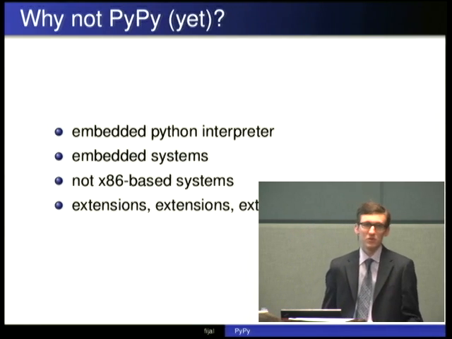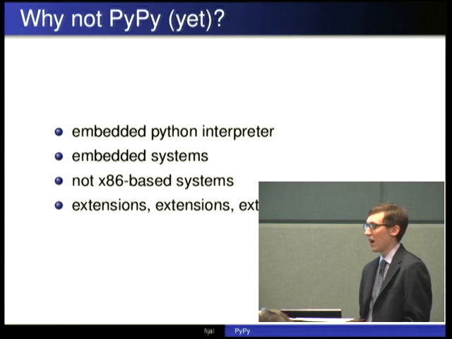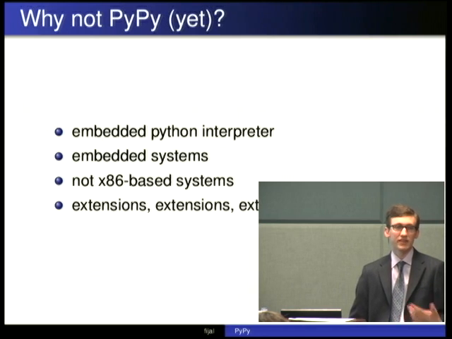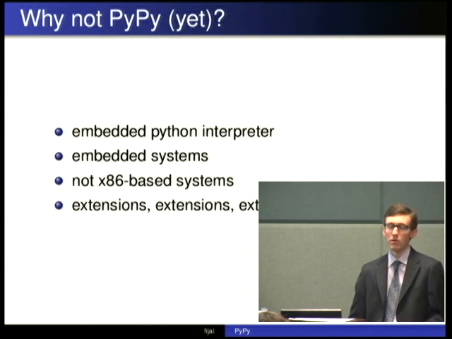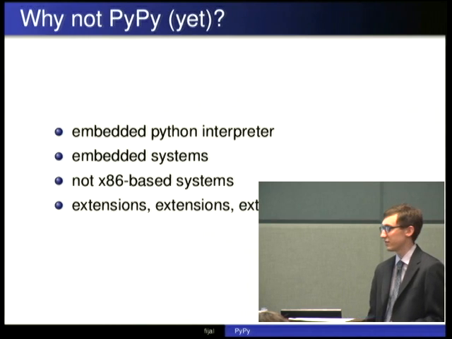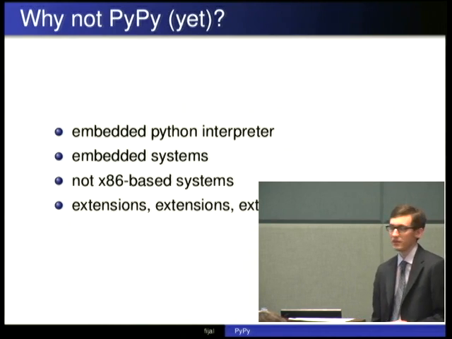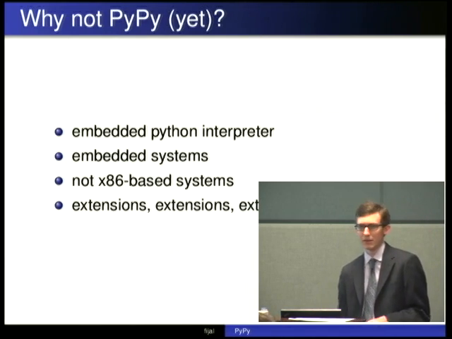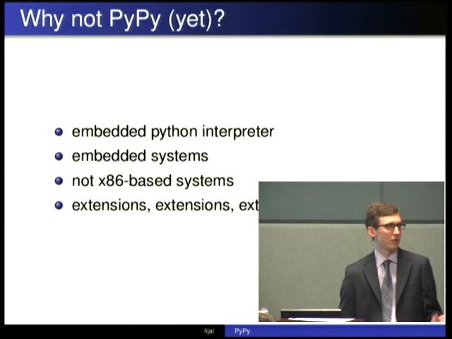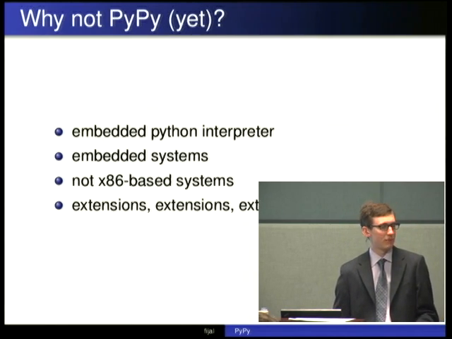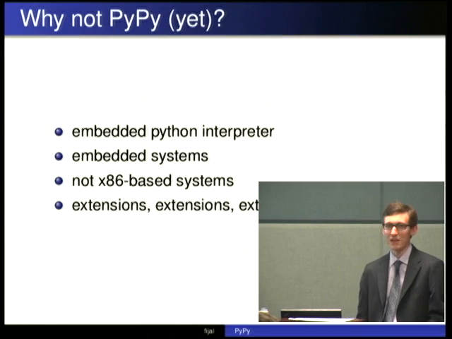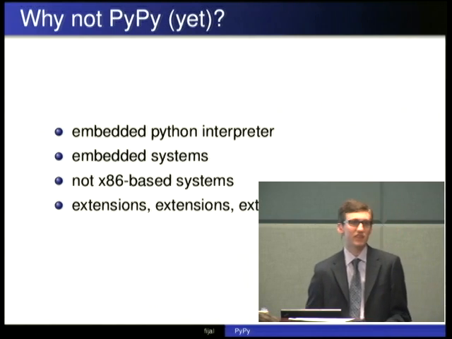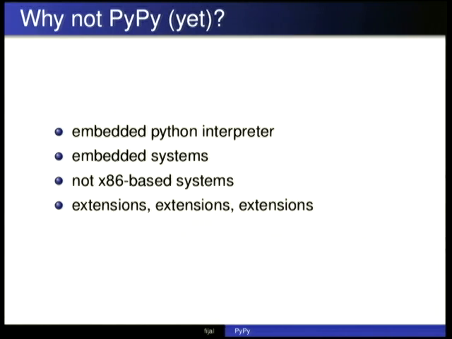So the flip side is, why not PyPy? Embedding Python in some other application, like a C application. We don't really have the APIs CPython has for this. Embedded platforms, like really low memory stuff, like single chip systems. I don't know what you call them. Chip on a board. There's a term for them. Really tiny platforms. Things that aren't x86 or x86-64. We're working on ARM and PowerPC.